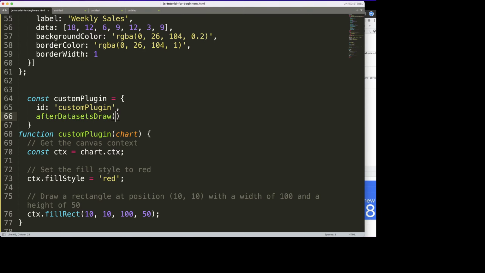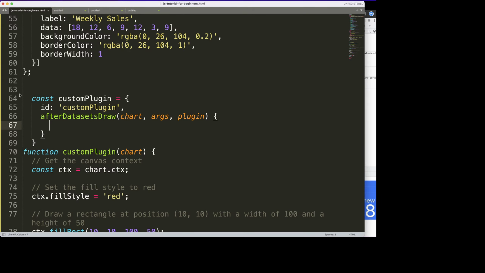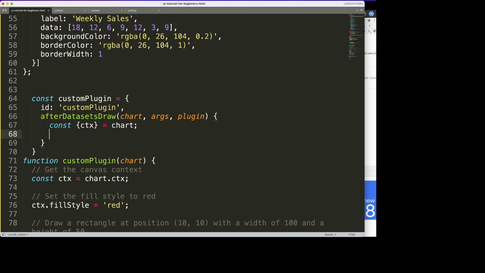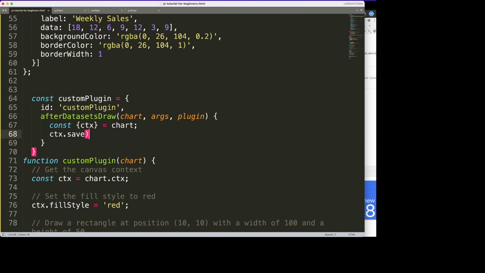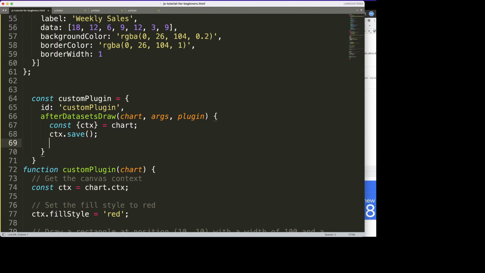This is what I really was looking for. So maybe I need to give it some hints or help it out a bit. Plugin, all right. Then we have here the ctx, but of course that will now be a constant, and this is an object destructuring of a chart. With the chart object, we're going to say here ctx. So once I did this, then what I want to do is draw this. So I'm going to say ctx.save to save all variables above. Then I want to say here